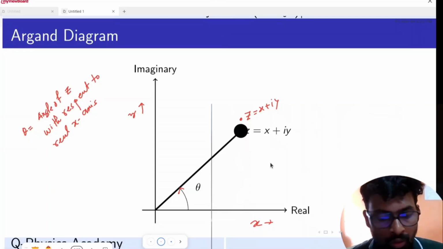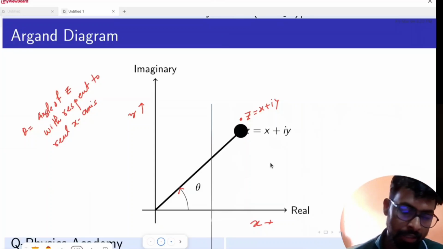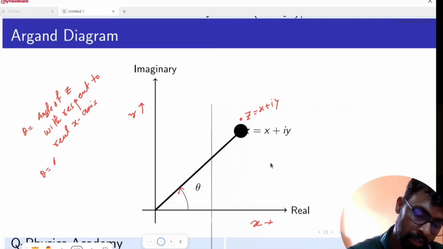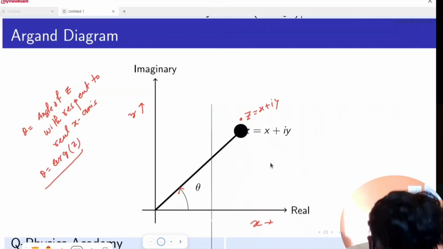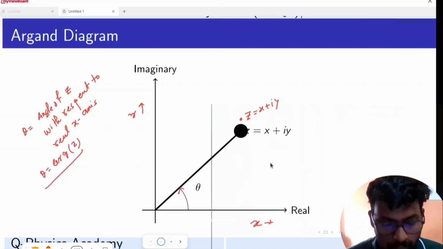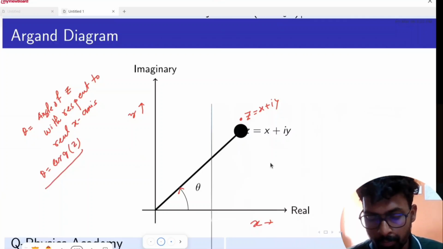Theta is called the argument, not capital A, the argument of z. Okay, theta. Now from this diagram